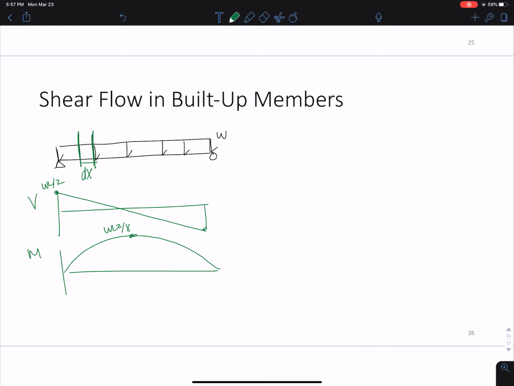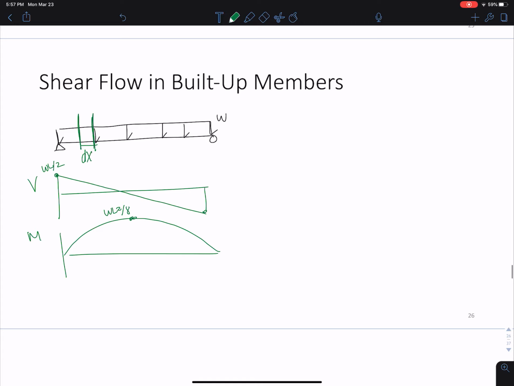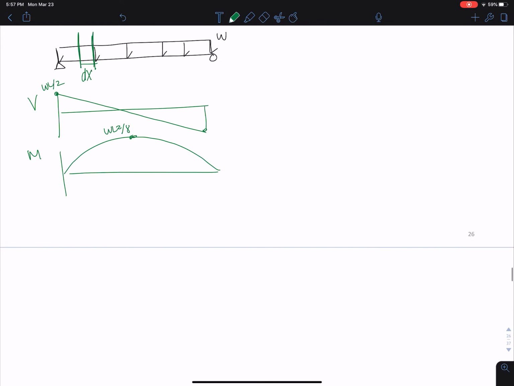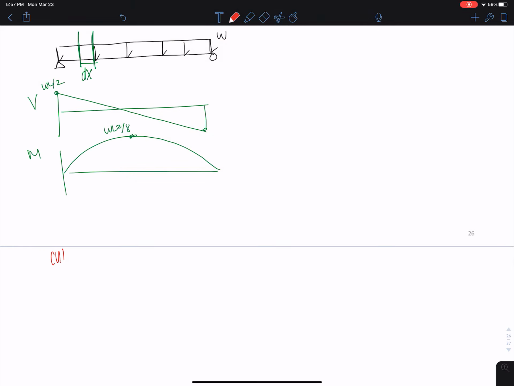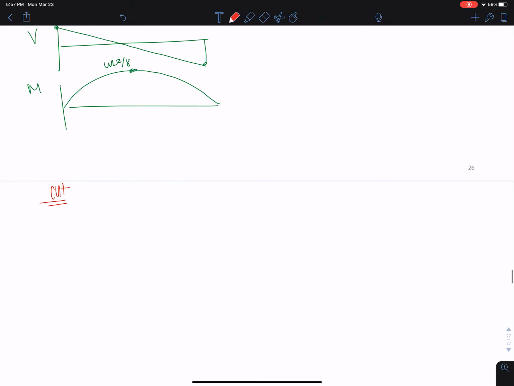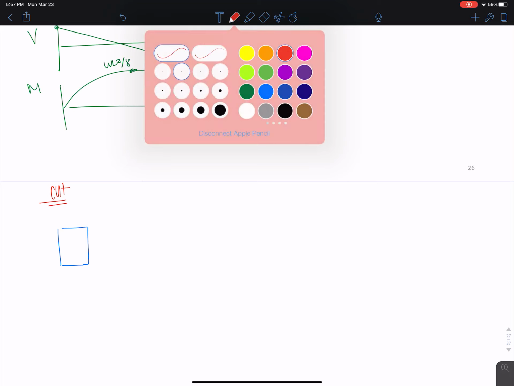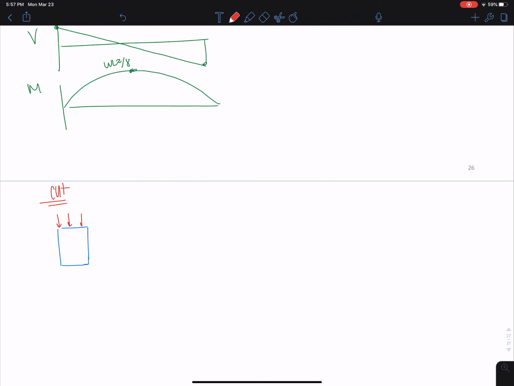Let's look at what happens with this cut. This is a recap again. So we have this little cut and we have this load W, and when we make the cut, again, we have some internal